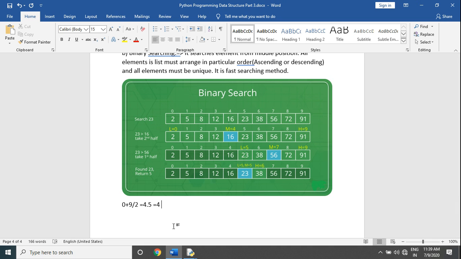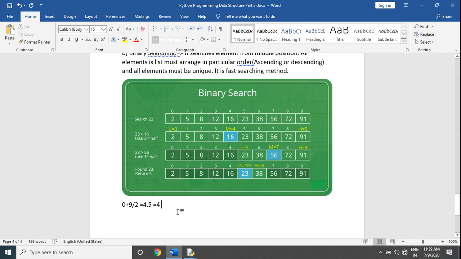So it will search the element at the fourth position, the middle position, which is 16. It is not matching our searching element 23. Now it checks whether the searching element is greater or lower. 23 is greater than 16, so it will search elements from the 5th to the 9th position.